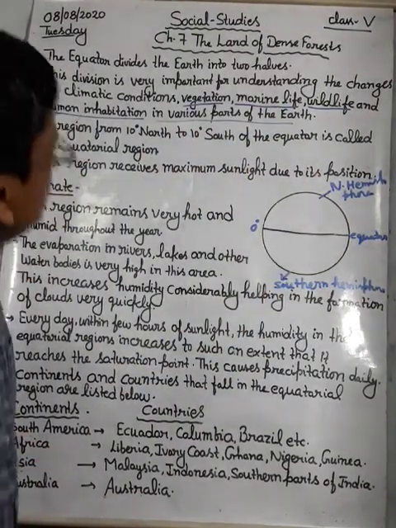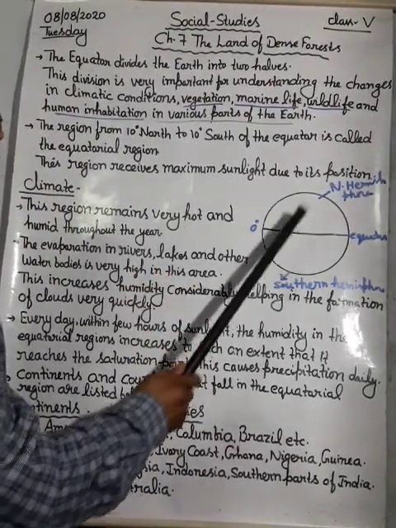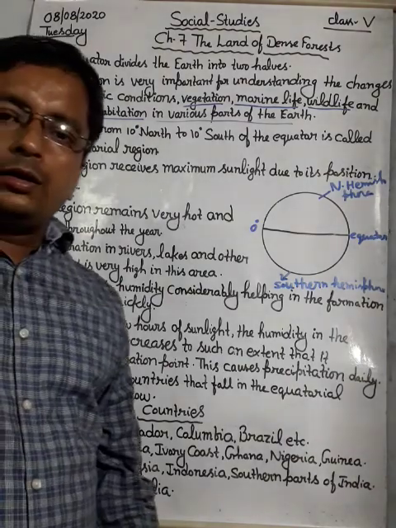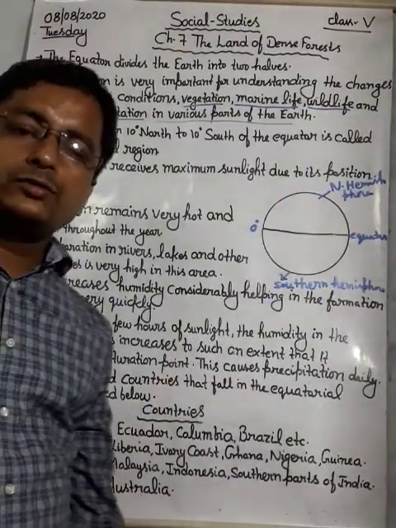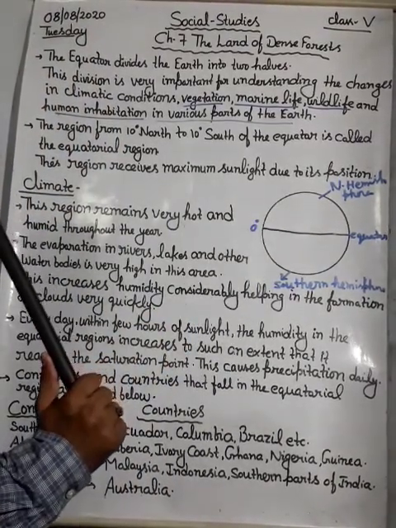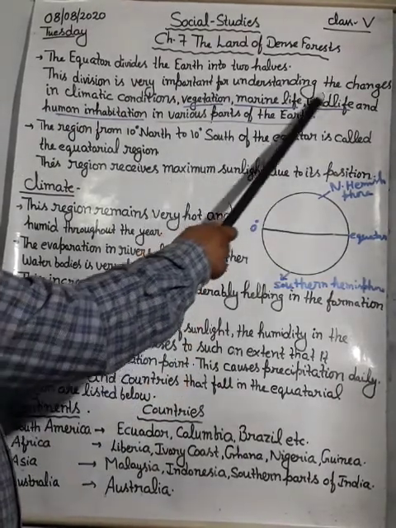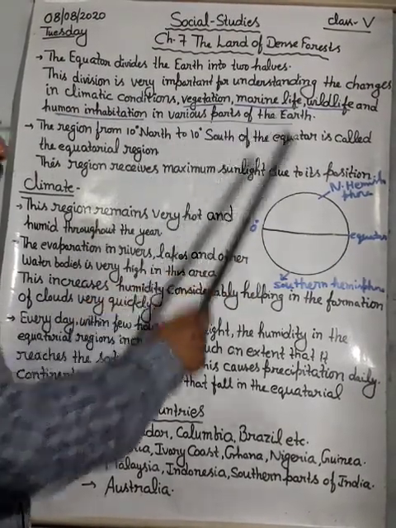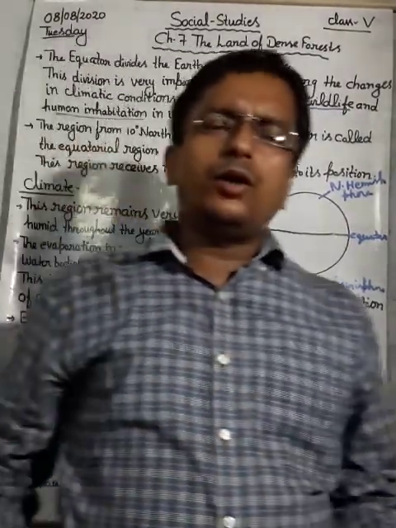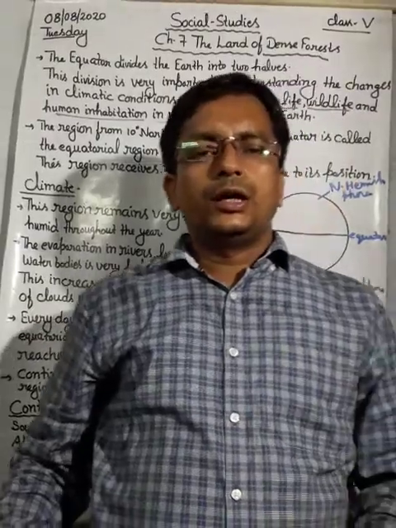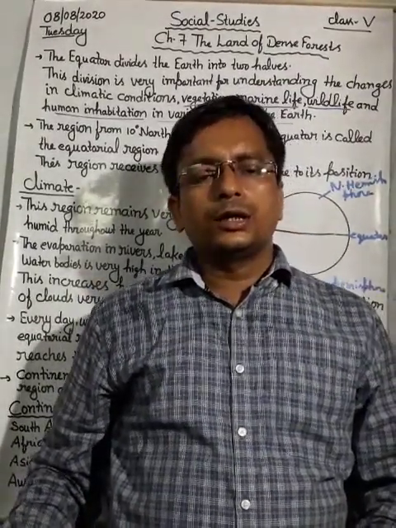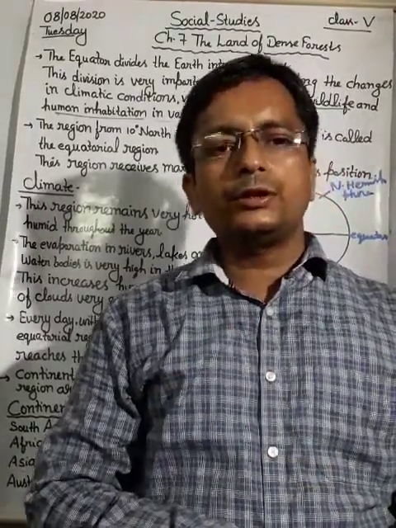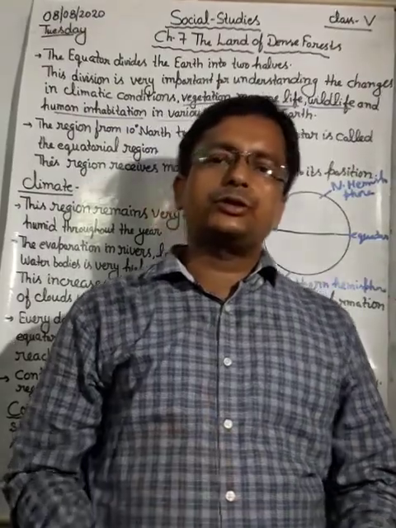So these are affected by the changes that is taken as dividing the earth into two equal halves, and these two equal halves are important. This division is important for understanding the changes in climatic conditions, vegetation, marine life, wildlife and human inhabitation in various parts of the earth. Various parts of the earth get different heat of the sun, and get different temperature, and this difference in the temperature, in the climate, affects all these things,